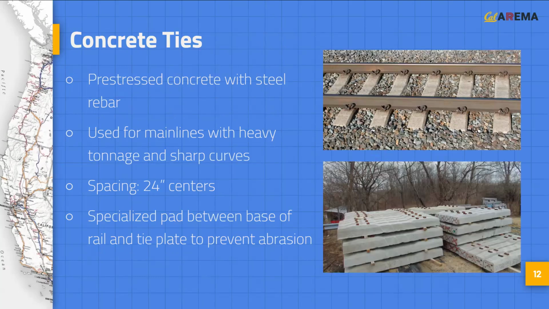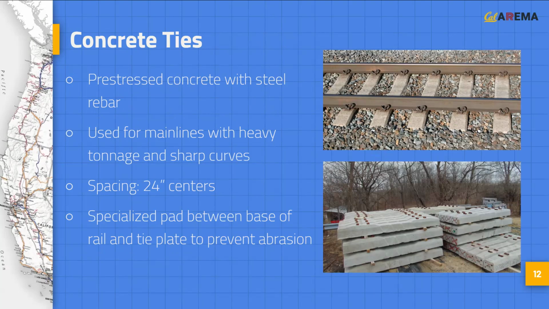Concrete ties are made out of pre-stressed concrete containing reinforcing steel rebar. These ties weigh about 800 pounds each, which is significantly heavier than the 250-pound timber ties. This makes them harder to install, though they typically have longer service lives. Concrete ties are typically used on mainlines with heavy tonnage and in areas with sharp curvature, as they offer greater stability for track geometry. Concrete ties are typically installed with 24-inch centers, but can be specified with tighter spacing on